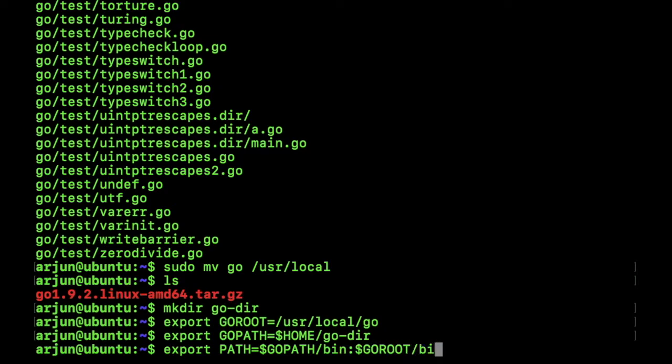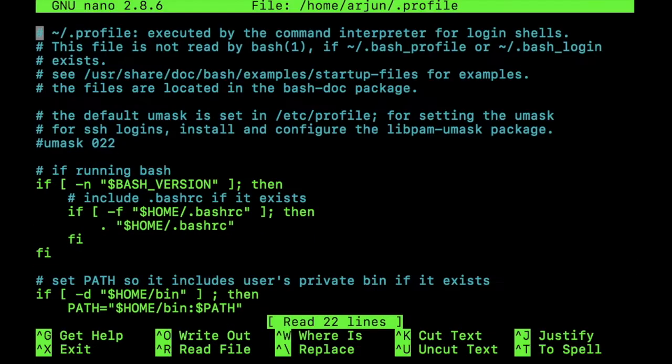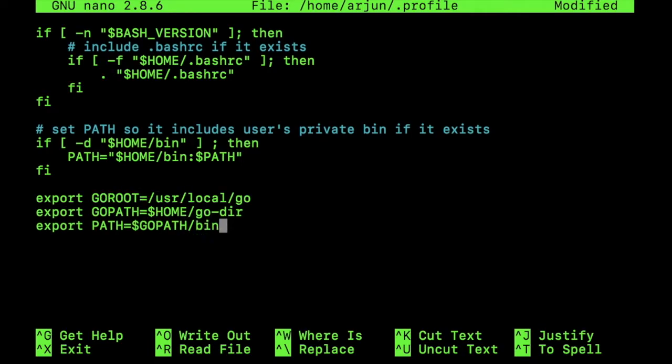We'll also need a copy of these variables in profile. So we'll go ahead and open profile, scroll to the bottom, and write the same variables in. Yep, save that